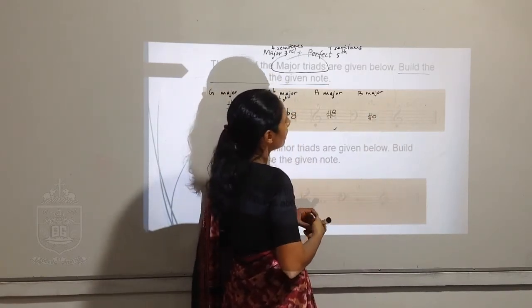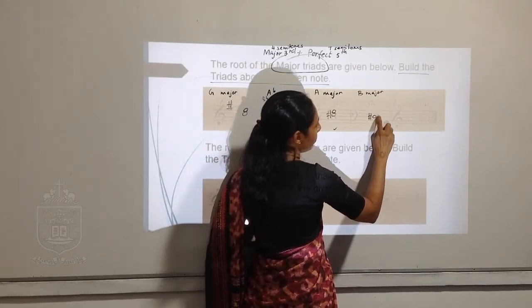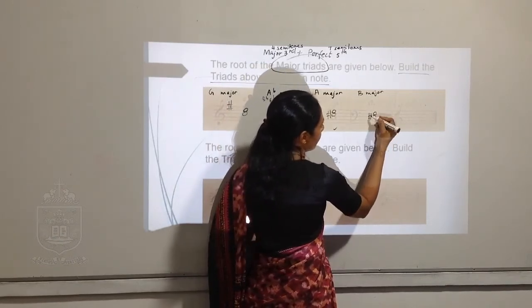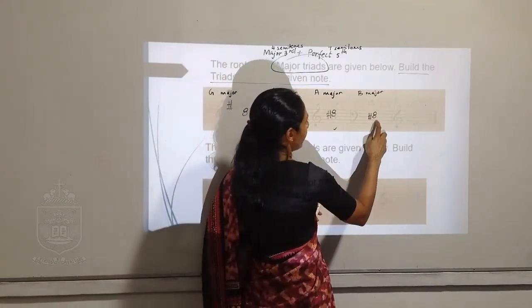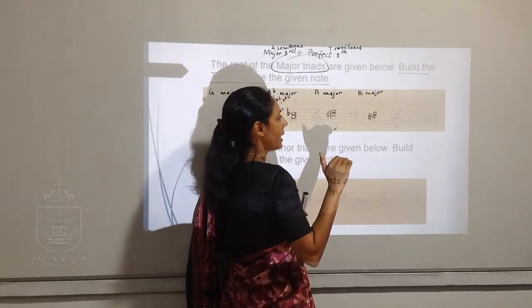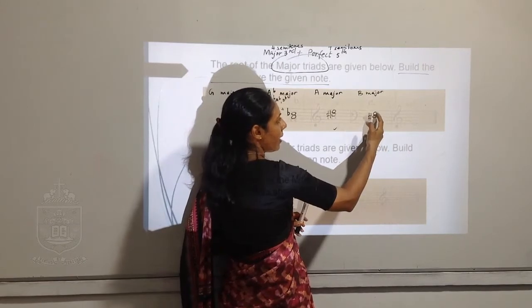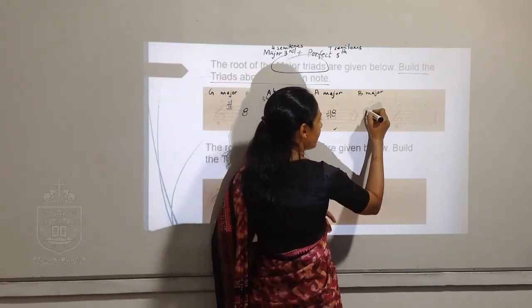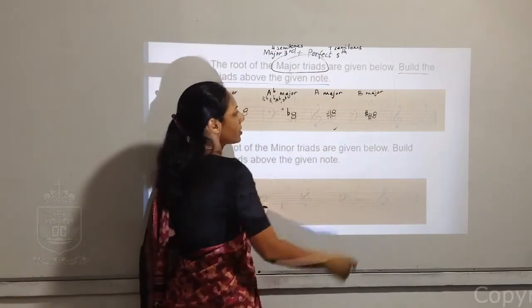Now we are going to form the third note, the fifth. From here to here, fifth note: 1, 2, 3, 4, 5. Fifth note is this. So we check the semitones. D to A, right? D, D sharp, E, F, F sharp, G, G sharp, A. We want F sharp, but here you have F, so we can add a sharp in front of the note. So this is your D major triad.